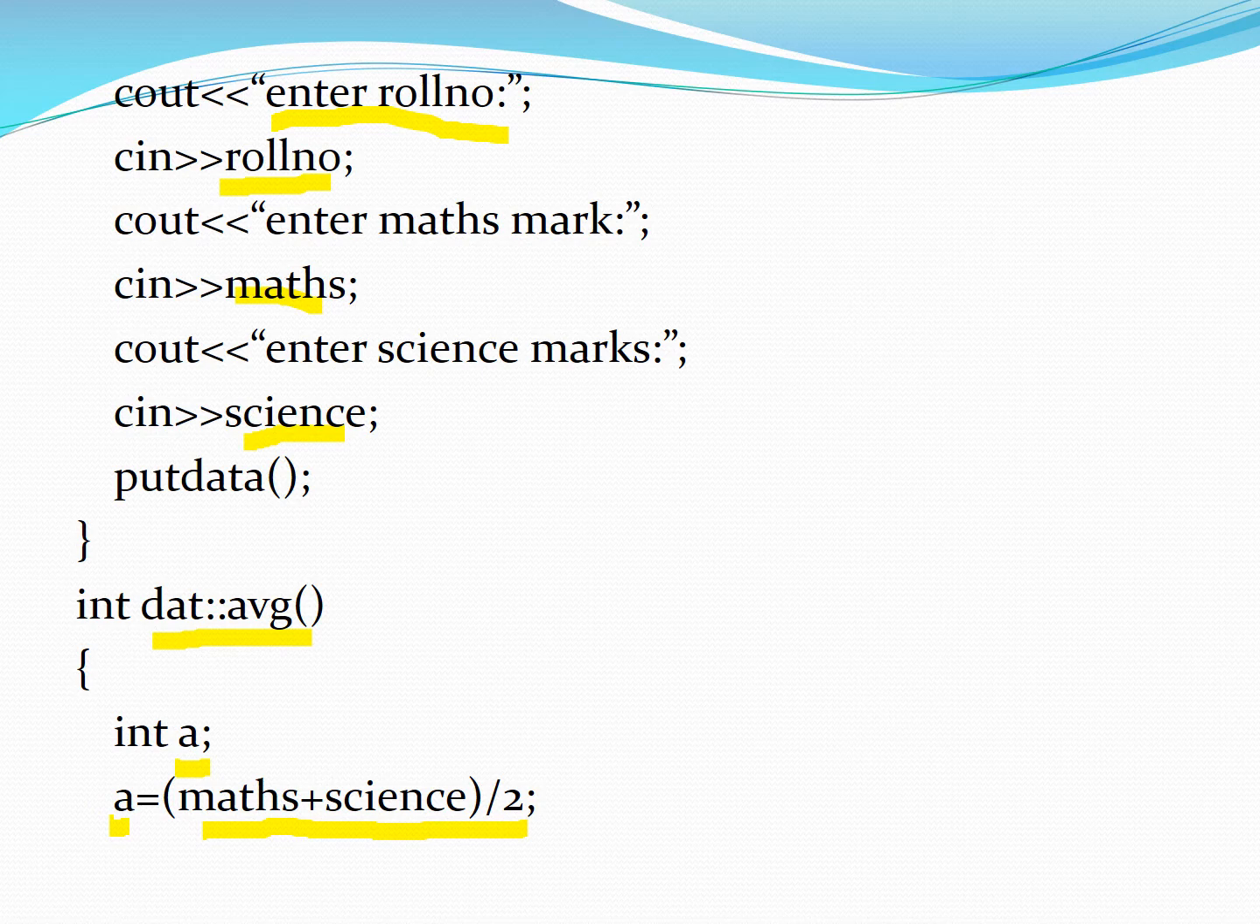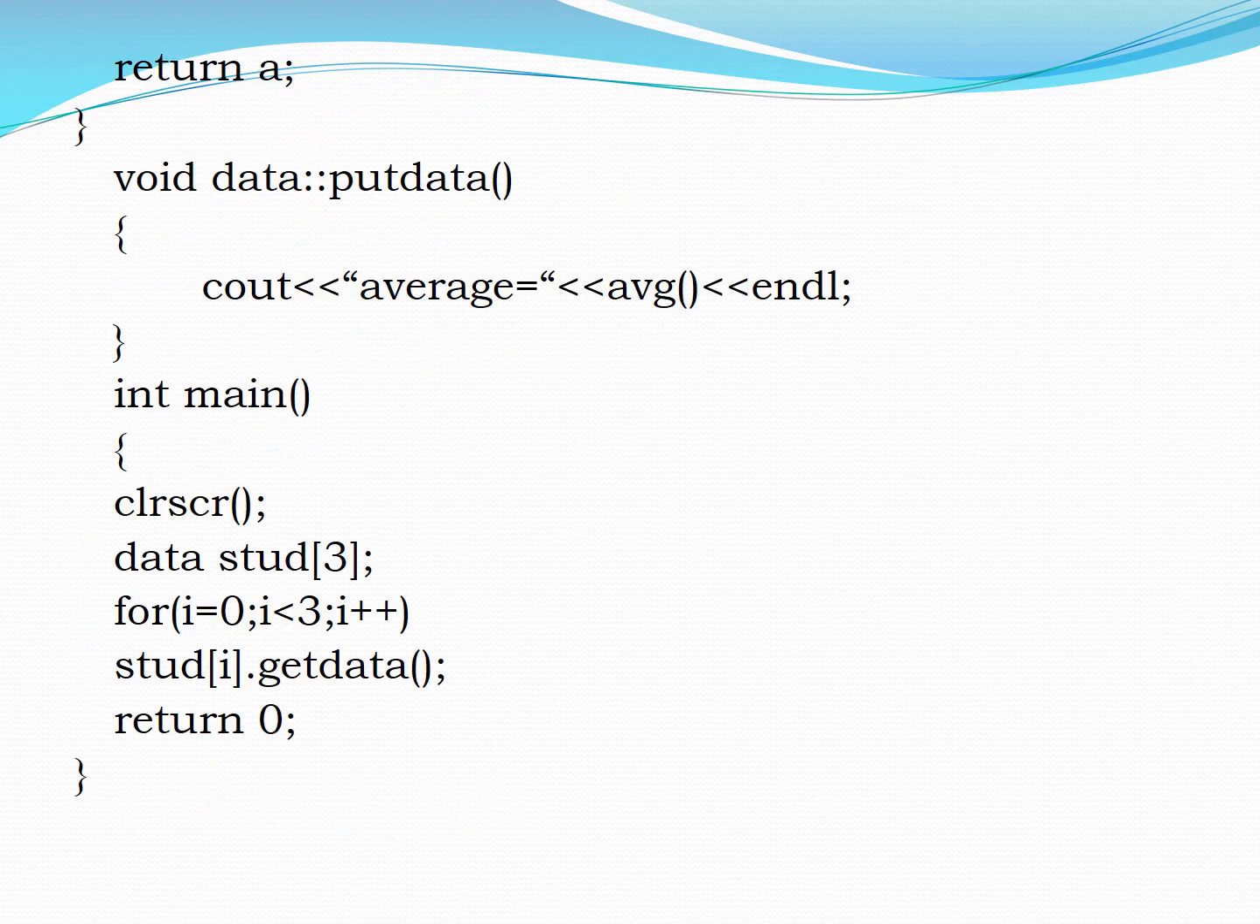Now the put data function is called from the get data function. Once a function is called, the control passes. Before getting into this, we'll see how put data is created. Now we are going to create put data. Put data is a member function. In this member function, I have created put data where I'm going to display the average. See out average. Once the average function is called,